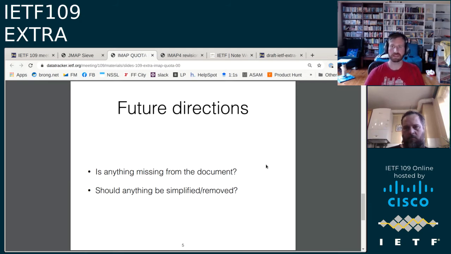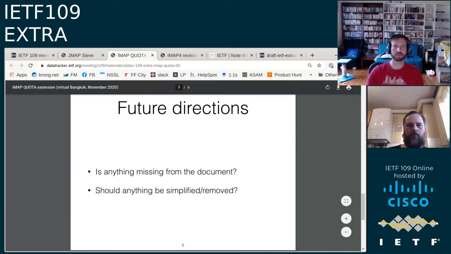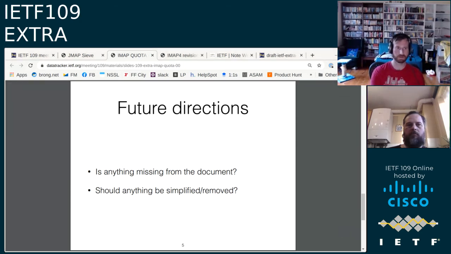Cool. Should I do that with the next document where the overquota space tag's been removed? Fine. Yeah. I mean, I guess you can always upload that during. Yeah, I can start the working group last call now. And just note that you'll be uploading one more version of the document that will have this minor edit. Yes, that would be my preferred solution if you're happy with this. Cool. Done.